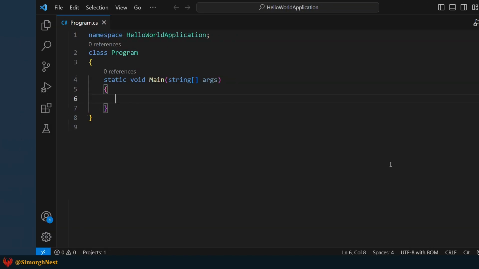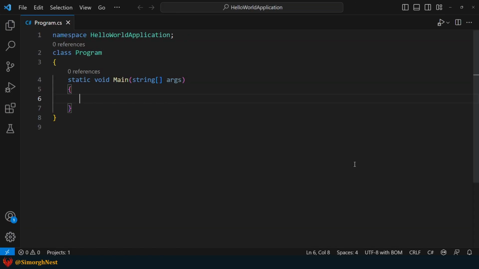Alright, let's dive into VS Code and show you some examples. First, we declare 4 string variables.